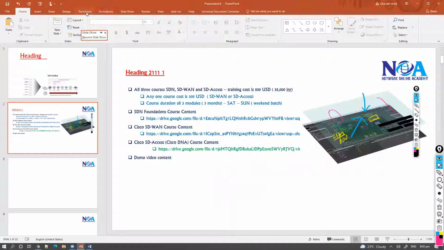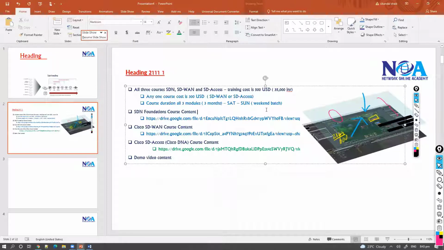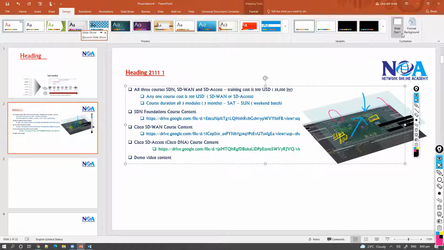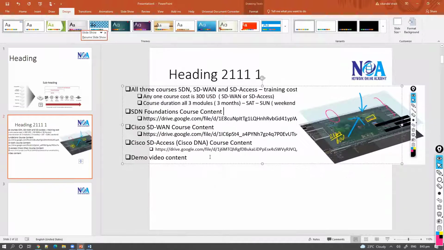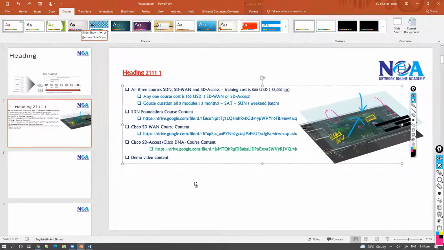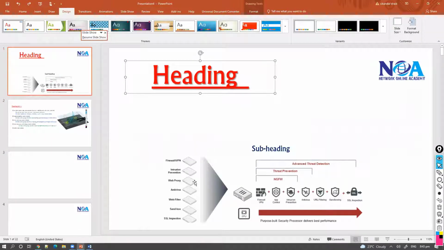So in case, check this option as well, because you put a lot of effort into presentations and then if you suddenly change this to another, it will automatically adjust the things and the things will completely change, and all your efforts will go in vain. So these are the things you have to do before you start preparing the content. And this is something you do only one time. It's not like you do it every time.